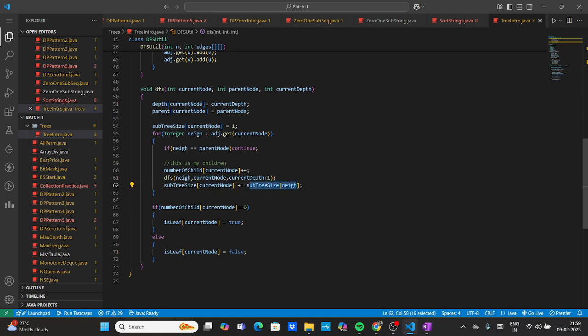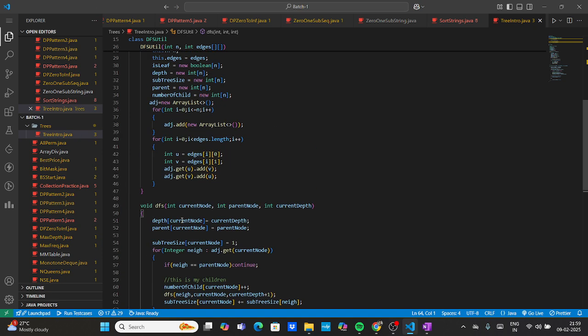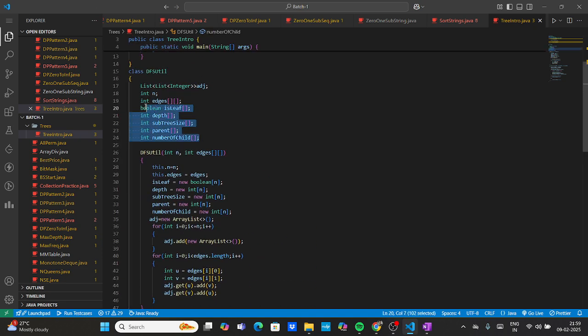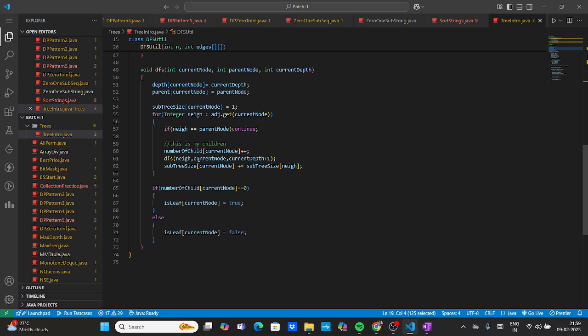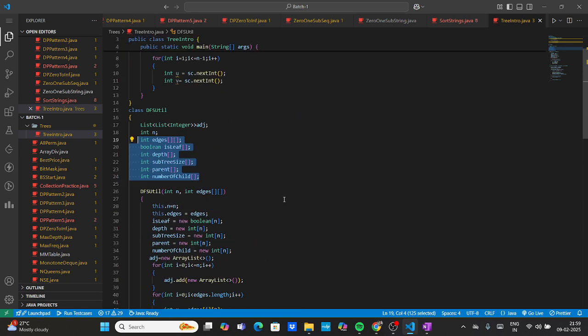Subtree size of neighbor से क्या आएगा? You will get all the children. ठीक है? Children. And now if you see, we have calculated all the 5 information required. Depth, parent, subtree size, is leaf, number of children. Okay. Now,